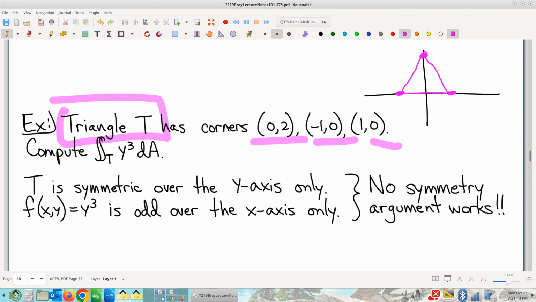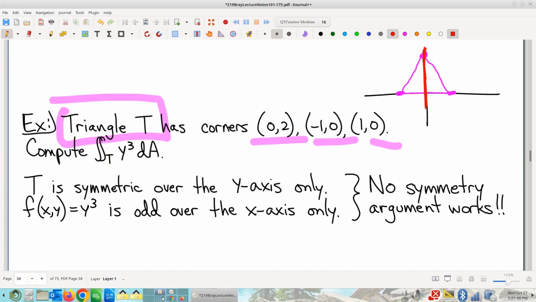And oh my gosh, look at that. There's a symmetry over the y-axis. Oh my gosh, look at our integrand. It's an odd power. Integrand is odd. Domain is symmetric. Integral is 0 by symmetry. So it would seem. So a lot of students would write that down on their paper and turn the page and move along, confident they've gotten it right, and nothing they have written represents progress toward an actual solution because the domain is symmetric over